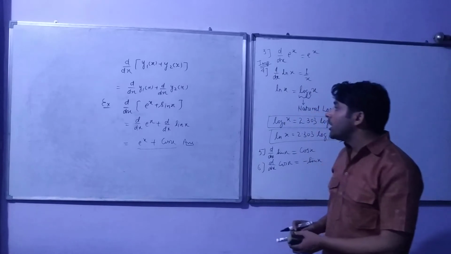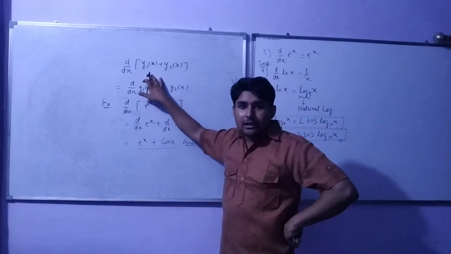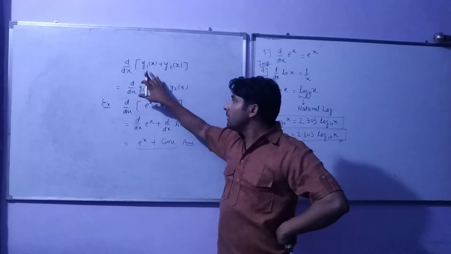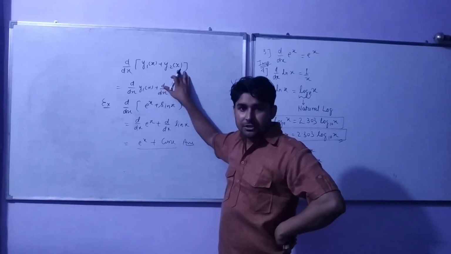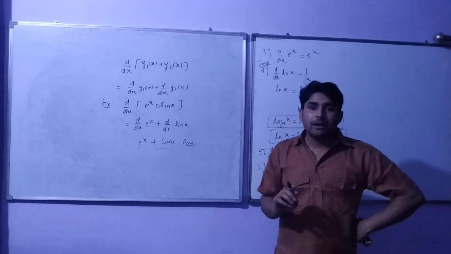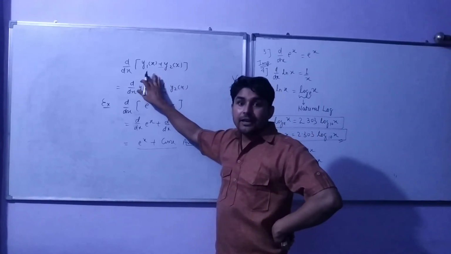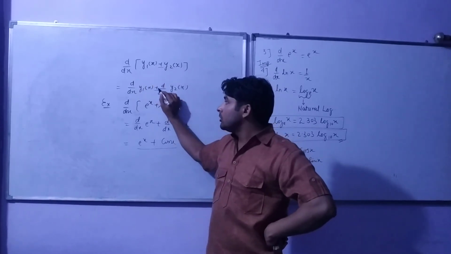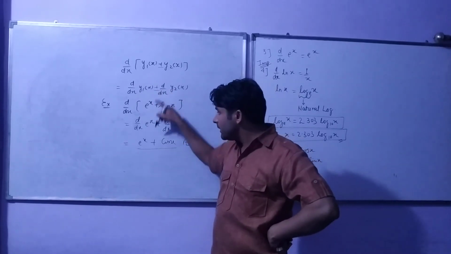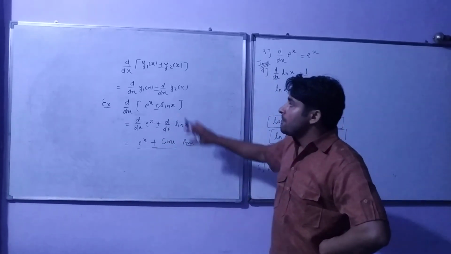Okay, now we come to this rule again. In this particular rule, I earlier mentioned that if we have to differentiate a function which is the addition of two separate functions, then we will differentiate the whole function like this. Similarly, if instead of an addition sign we have a negative sign between these two functions, then accordingly we will also have a negative sign throughout. It means basically that this